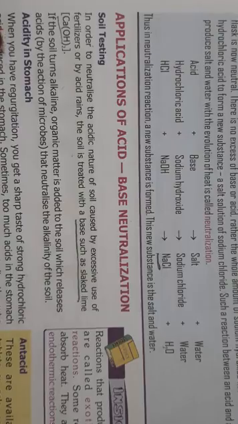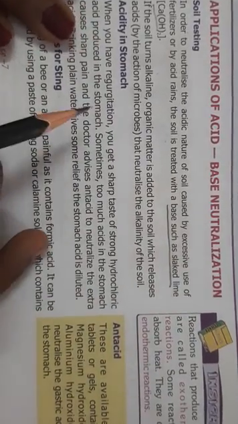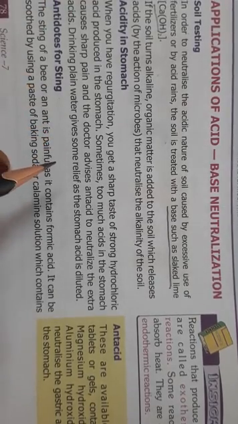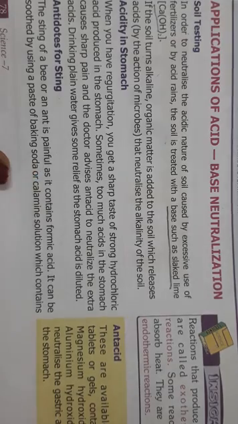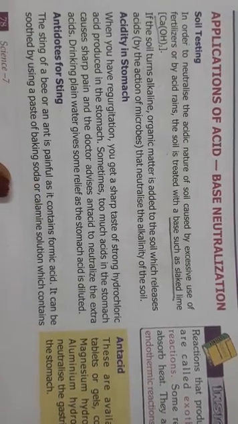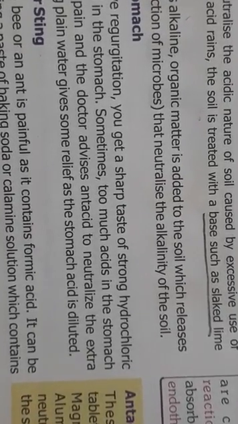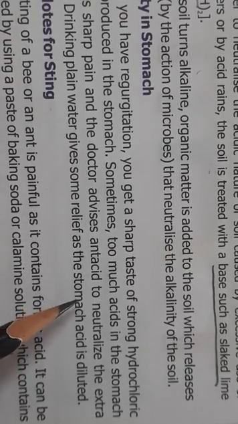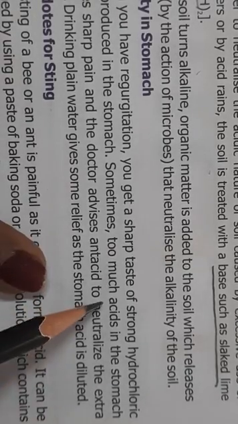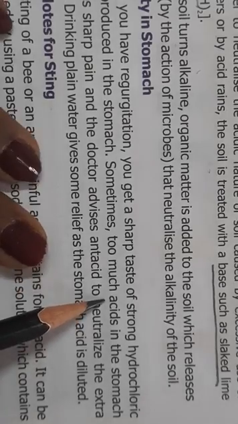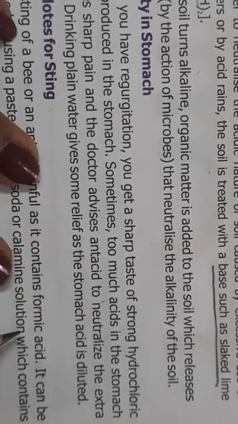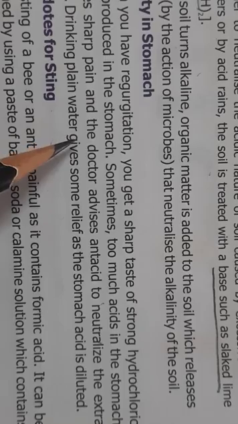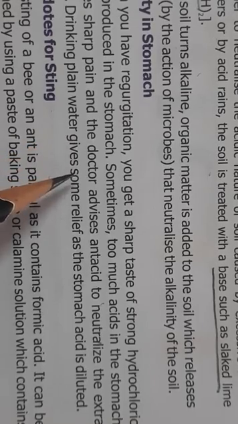Then the second example is acidity in the stomach. You all have studied in chapter 2 that hydrochloric acid is produced in the stomach. That you all have learned. Now what happens when you eat? Sometimes when you eat a lot of oily food, an extra amount of acid is created in your stomach. And then what happens? Your stomach starts paining. Too much of acid is produced. So that is what you call that.